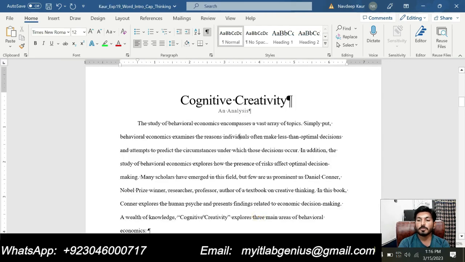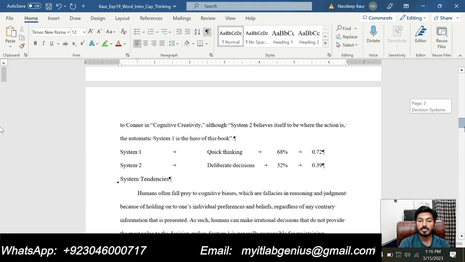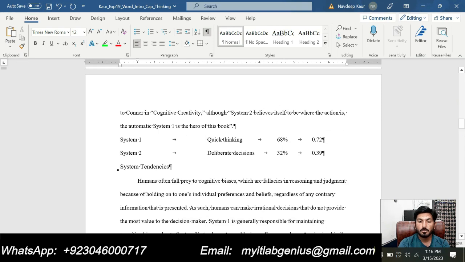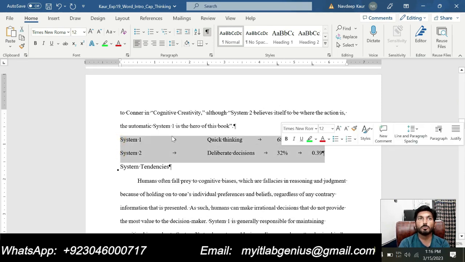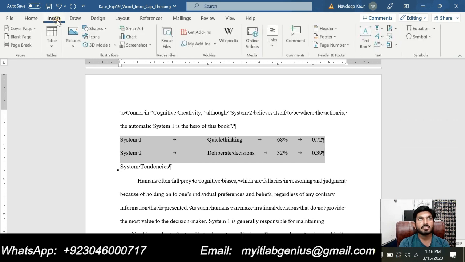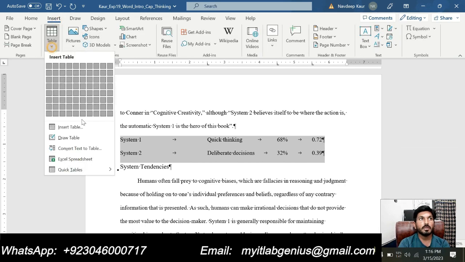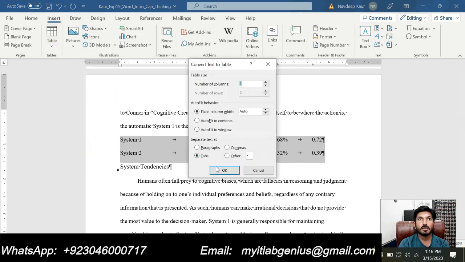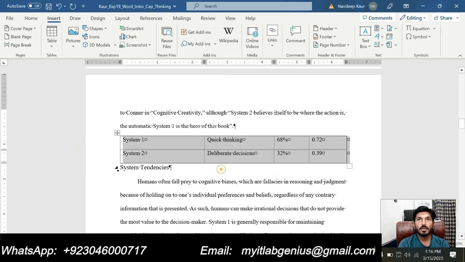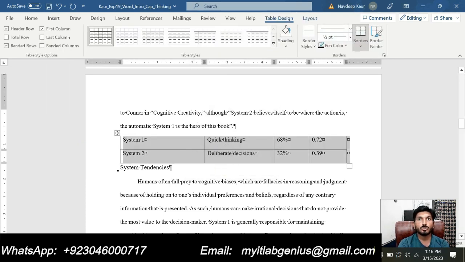We will go to page number 3 and we will select the text at the top of page 3, starting from system 1 and ending with 0.39. So click on the insert tab and click on table and convert text to a table. So we will accept all the default settings. We will click OK and this text will be converted into a table.